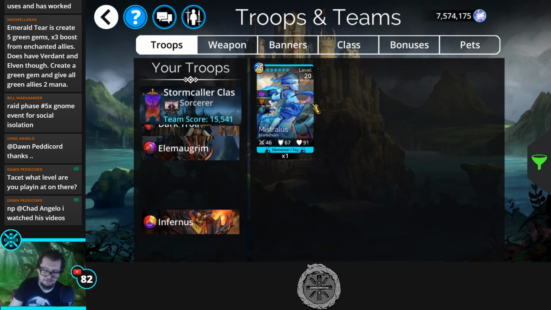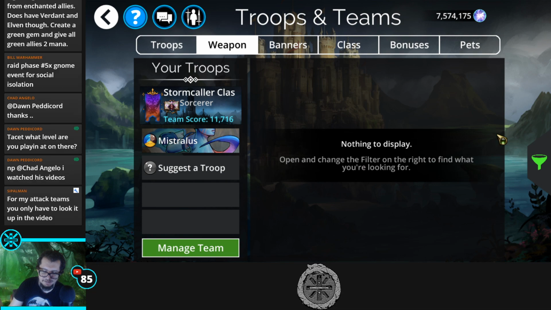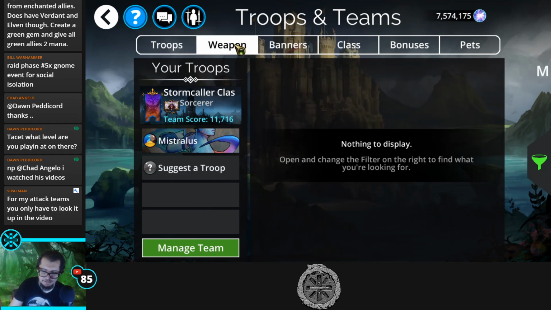Yeah, we're probably not going to use Elamagrim tomorrow. I'm not sure. But let's go replace out this. We can easily rebuild the team otherwise. So for this, we need that. We need a class of... no, we don't need Frost Mage. We need Mistralis. We need...